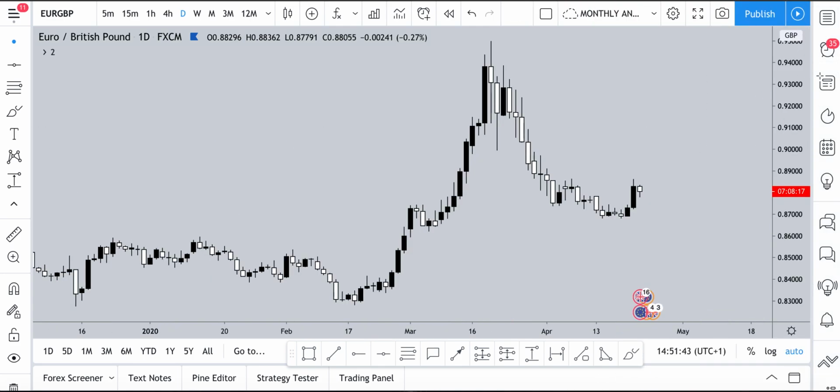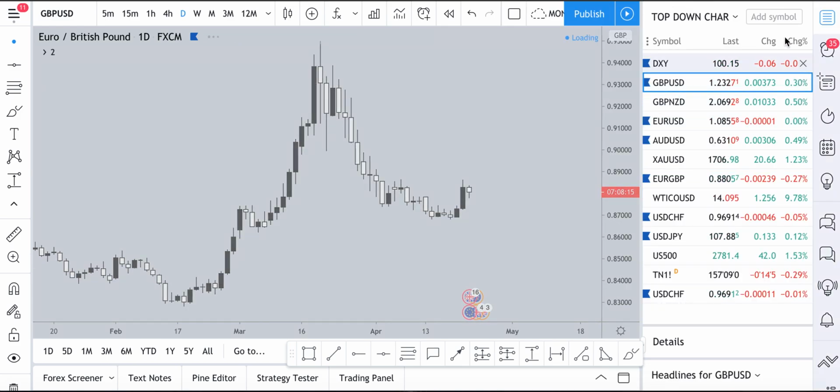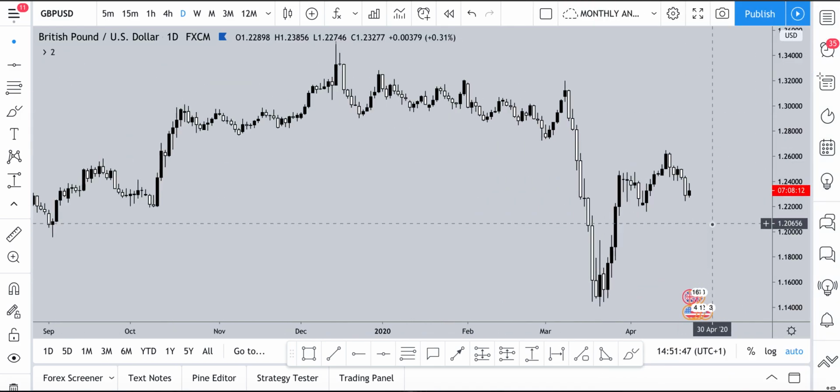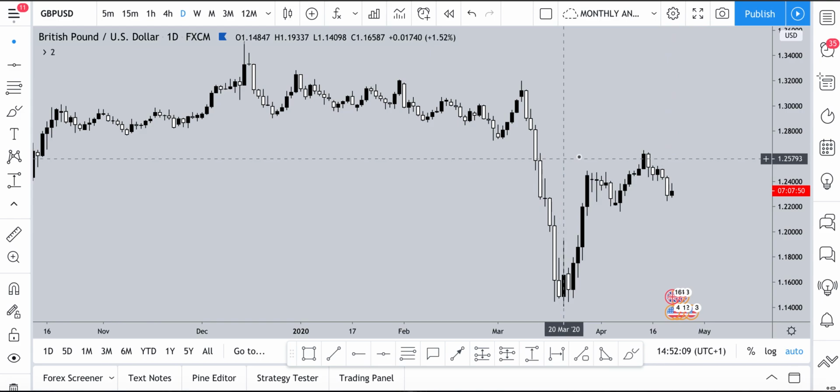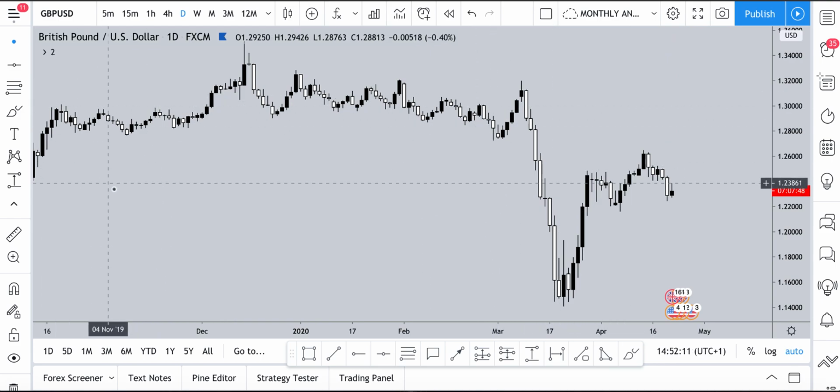But looking at the pound against the dollar, what you want to think is, you've got a load of supporters of the pound, loads of people that want to buy it. They think it's going to be going up, and then you've also got the other side of the market, people who think it's going to be going down, right? Nobody knows, right? Nobody knows. You've got all these different analysts and, you know, these clever people, but nobody really knows, because nobody can tell what's going to happen. At the moment, we're struggling with coronavirus. Nobody knew, right? Nobody knew